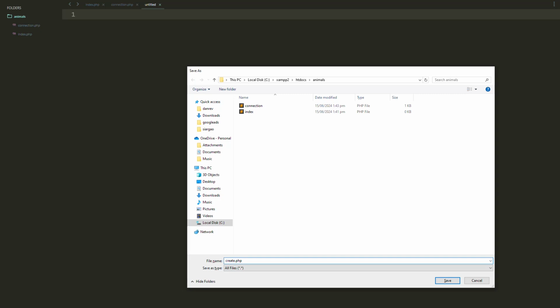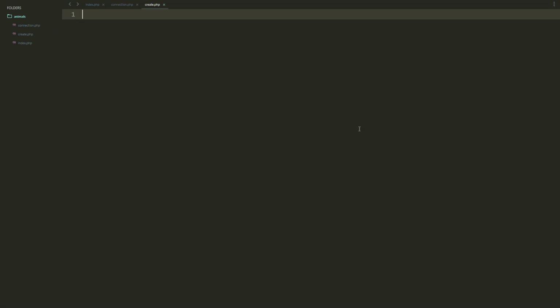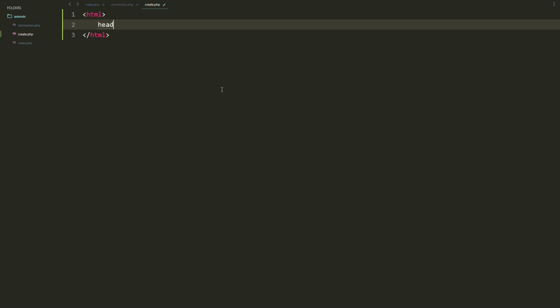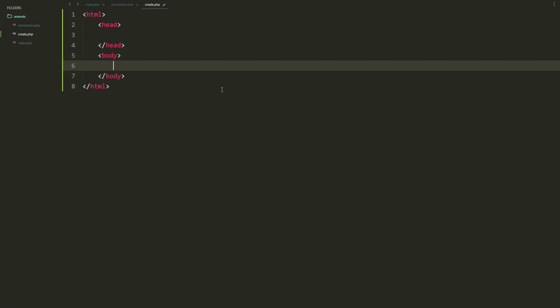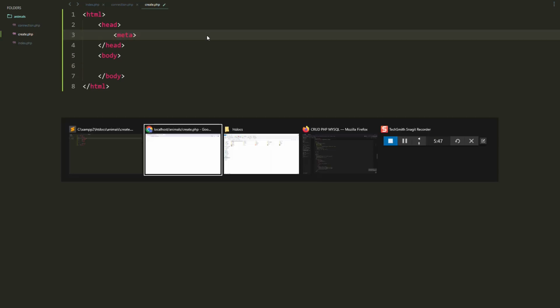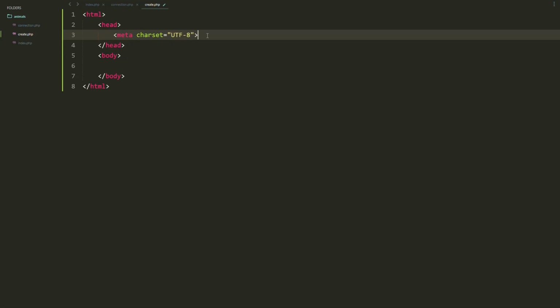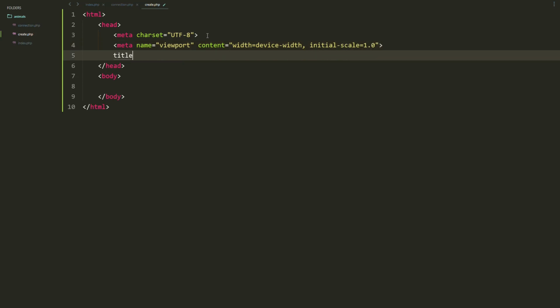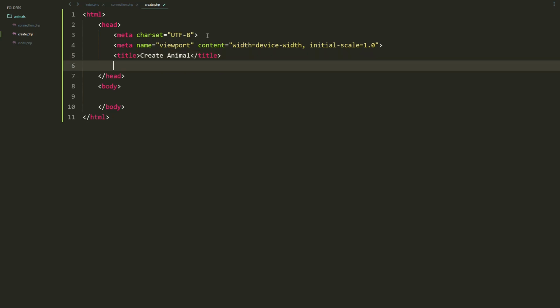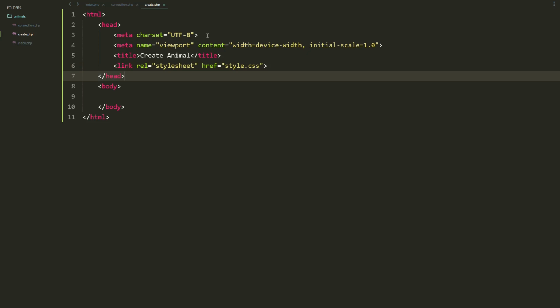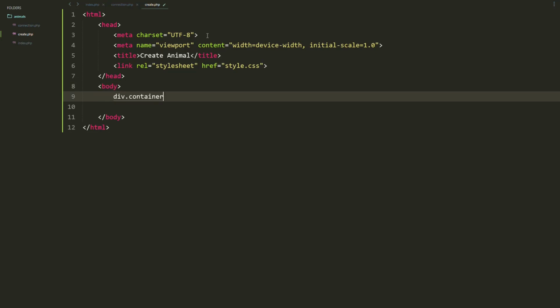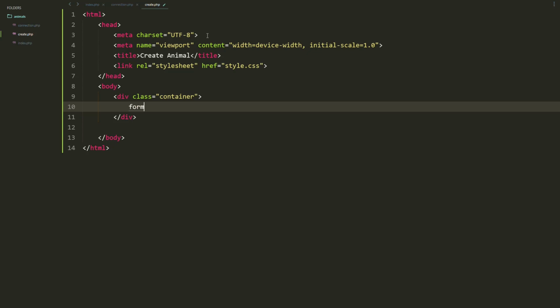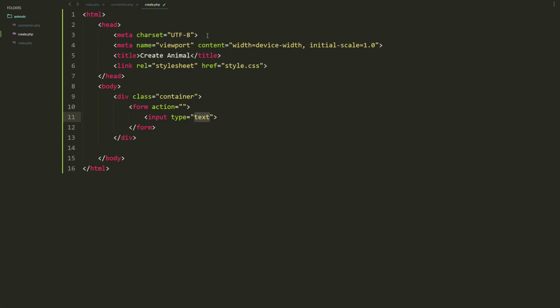So now the first file we need to create is the create.php file. So here let's write simple HTML and have the body. Here let's set the character set to UTF-8. Let's set the viewport for mobile, set the content property to device width with initial scale equal to 1.0, and let's use Create Animal as our title, and then the link for our style sheet. So here let's create a container class, and then let's create a form, and inside the form